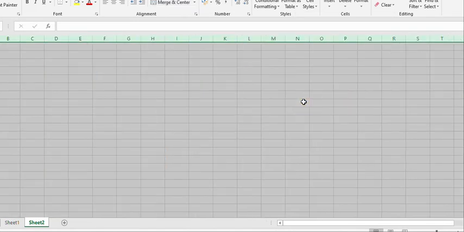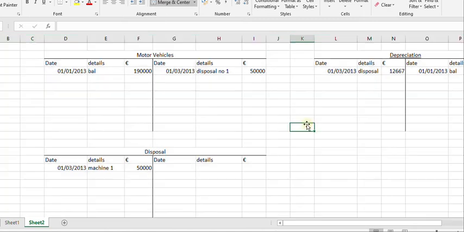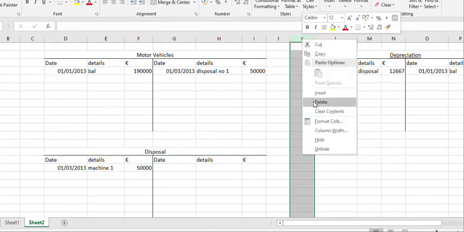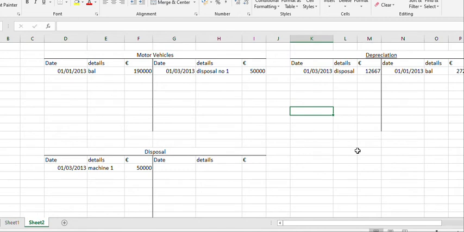Okay. I'll undo that. So if we debit depreciation, we must credit disposal. Credit disposal of, again, date 1st of the 3rd 2013. Call it depreciation, 12,667. Now, looking back at the question, with machine number 1, there was also